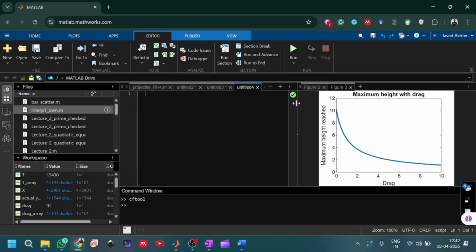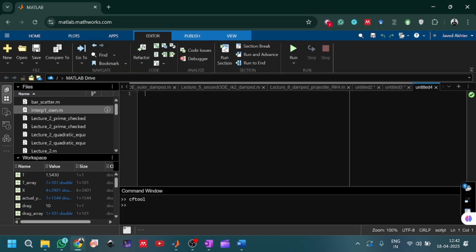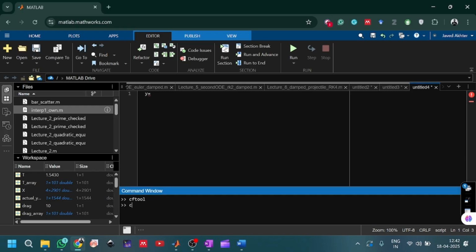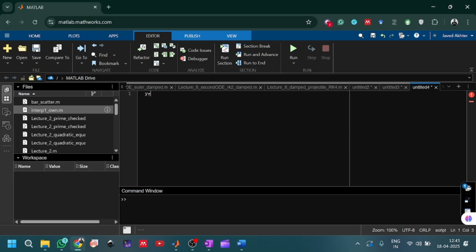And let me show you with a known problem, maybe a damped harmonic oscillator. So what is the solution for a damped harmonic oscillator? Let me start with the solution only. Let me clear everything first. Okay, so for example, you're creating an array of x,